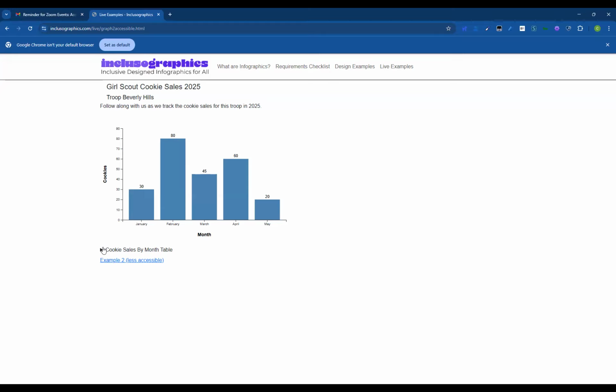So it would only work for really simple charts like this, but I was wondering, like we were talking about with PDFs and when you have to put the alt text, would it be accessible and W3 approved if instead of saying this is a blue chart, blah, blah, blah, it was like, in January, they sold 30 cookies, literally just listing the data as sentences? Does that solve the problem, or is it not because it's still not explaining the graph itself?